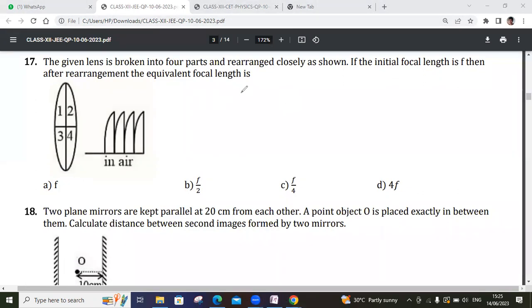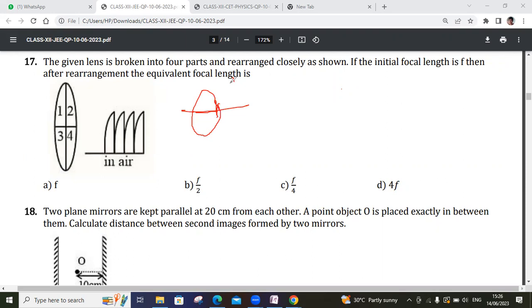17th, what will we get? The given lenses are broken into 4 parts and rearranged closely as shown. The initial focal length is f; what is the focal length after rearrangement? See in this, when the lens is cut like this,